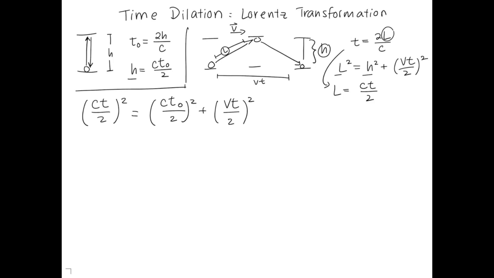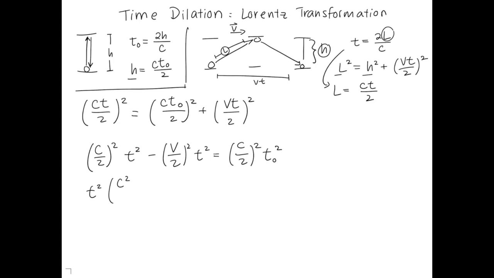Now, we want to solve for t in terms of t0, so we can move the t's to one side to get (c/2) squared t squared minus (v/2) squared t squared is equal to (c/2) squared t0 squared. Now what we get then is if we take c squared over 2 squared out, we have (1 minus v squared over c squared) t squared is equal to c squared over 2 squared times t0 squared. Then we can cancel out the c over 2 squared on both sides, and when we take the square root,